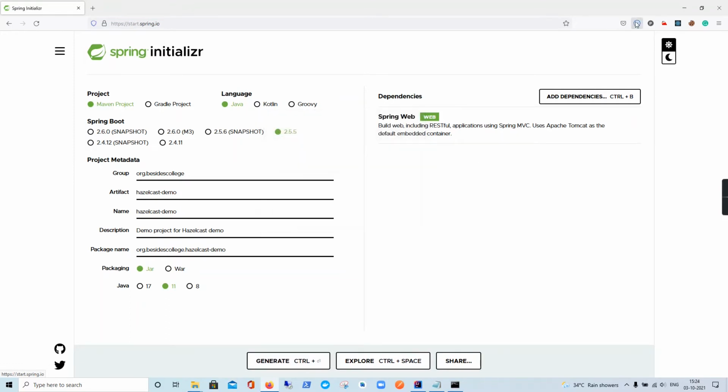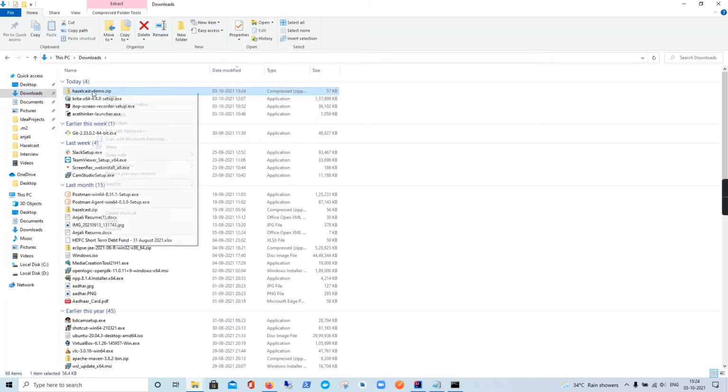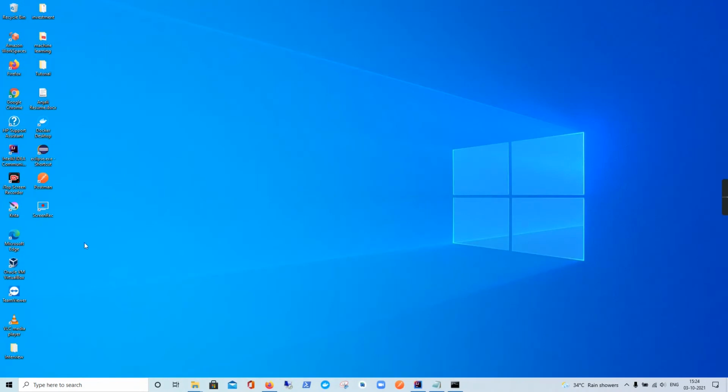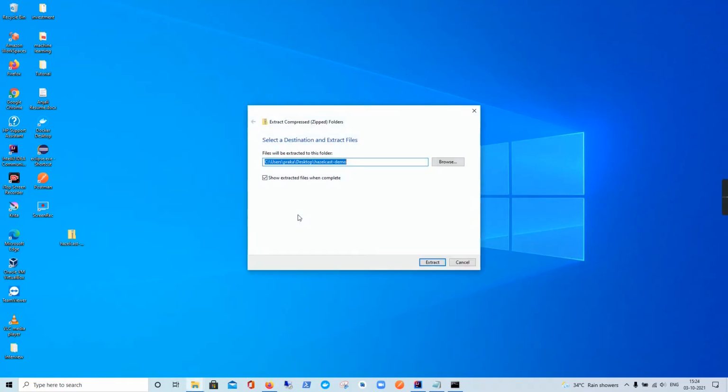So this will be quickly downloaded. We'll quickly go ahead to our downloads folder. Okay, I'll just copy this to a destination where I'm trying to manage all my projects. I'll just copy it here for simplicity, and I need to extract the content out of it, so it contains a Java project. We can get rid of this Hazelcast demo folder name, because there is going to be a folder inside the zip file. So you'll just remove that and hit extract.